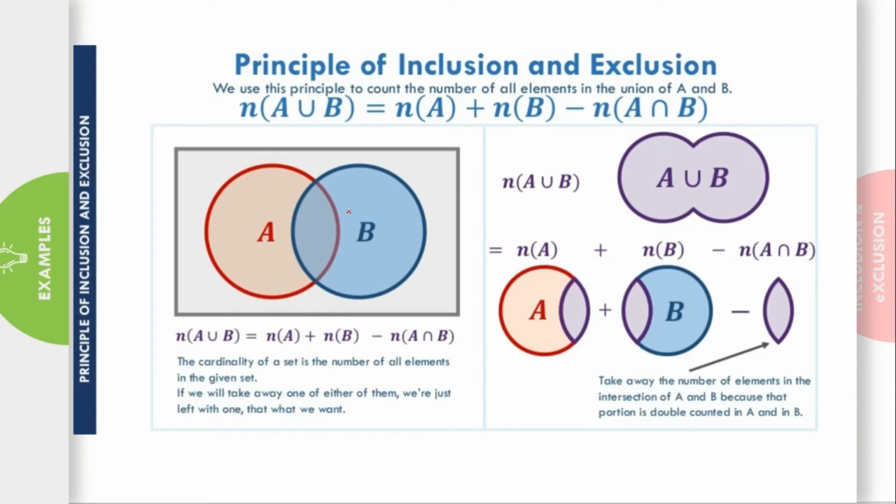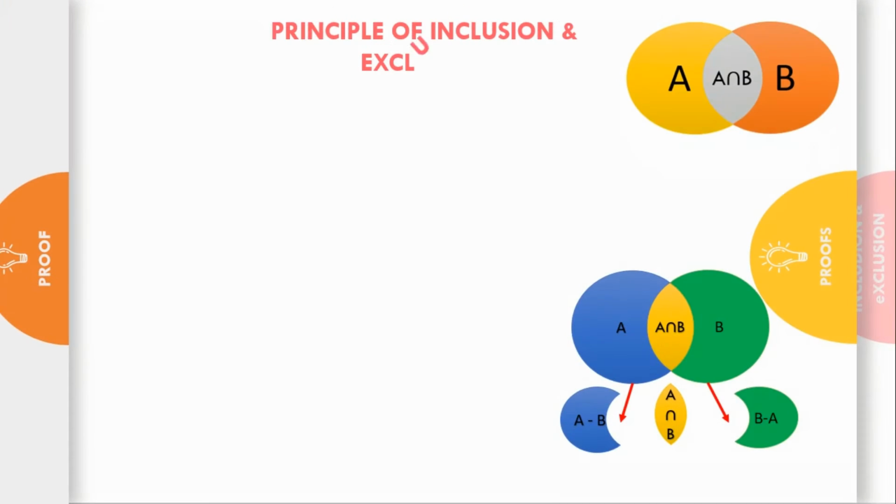So if this is the union of my set A and set B, we can visualize it as this portion. Again, this portion can be fragmented into two parts. Let's suppose this is my set A and set B, and we add these two. But while adding them, I forgot that this portion is added twice, so it appears one time extra, and we just subtract it one time. This is the principle of inclusion and exclusion.